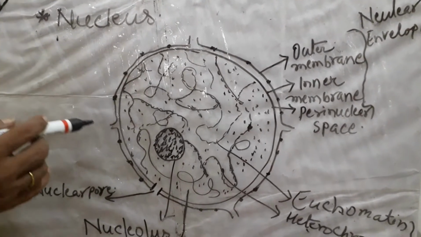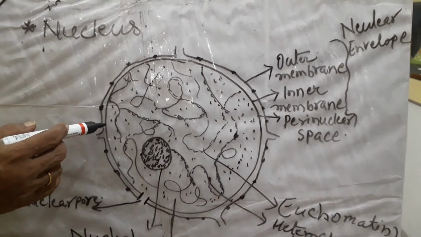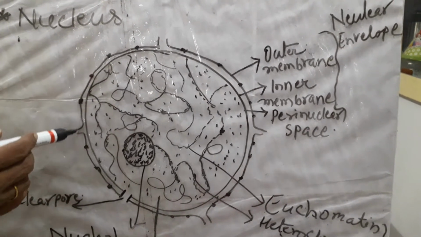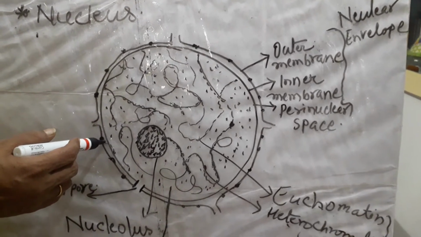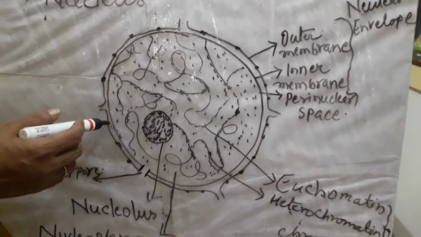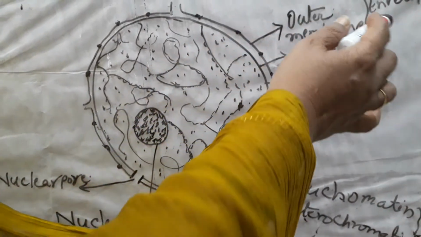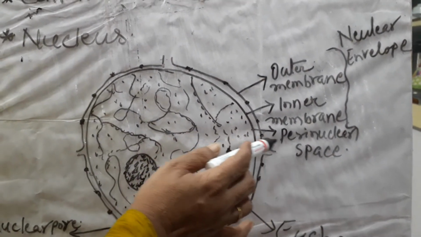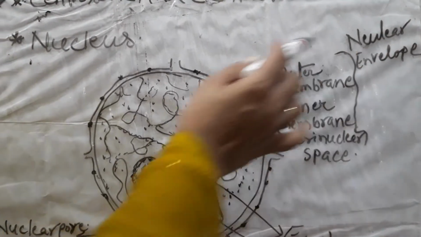Nuclear matrix, nucleoplasm, and one or more spherical bodies called nucleoli. Electron microscopy has revealed the nuclear envelope, which you see in the diagram: outer membrane, inner membrane and perinuclear space constitute the nuclear envelope,